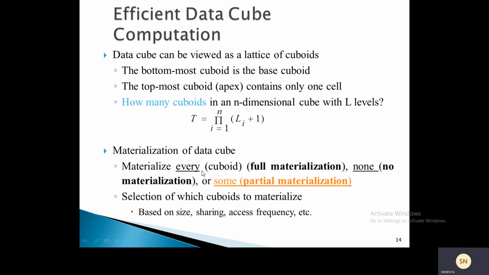Now, materialization of the data cube: materialize every cuboid. We have again different types here: full materialization, no materialization, or some materialization. The selection of which cuboids to materialize is usually based on size, sharing, access frequency, etc. Using this, we can improve the efficiency of data cube computation.